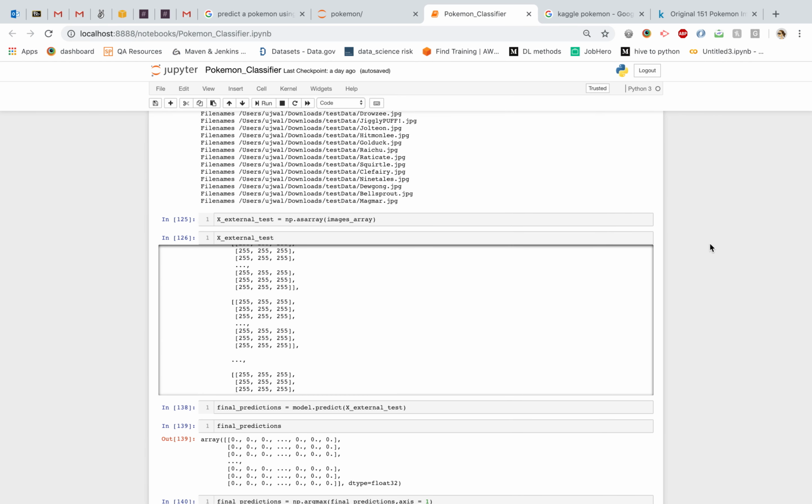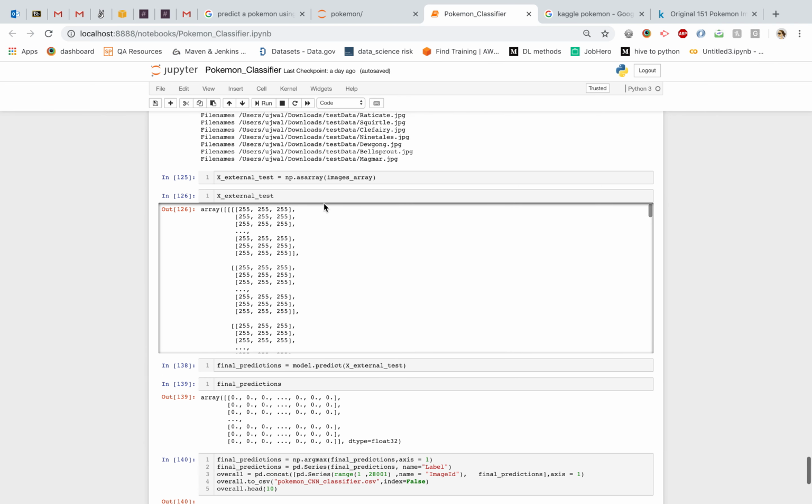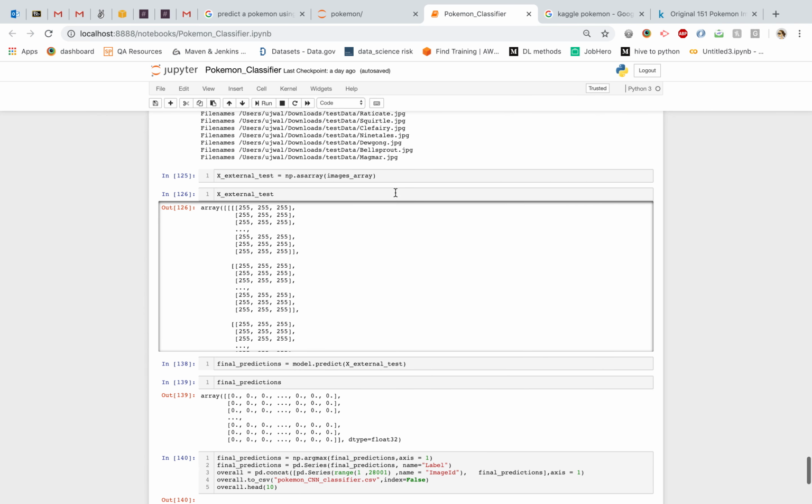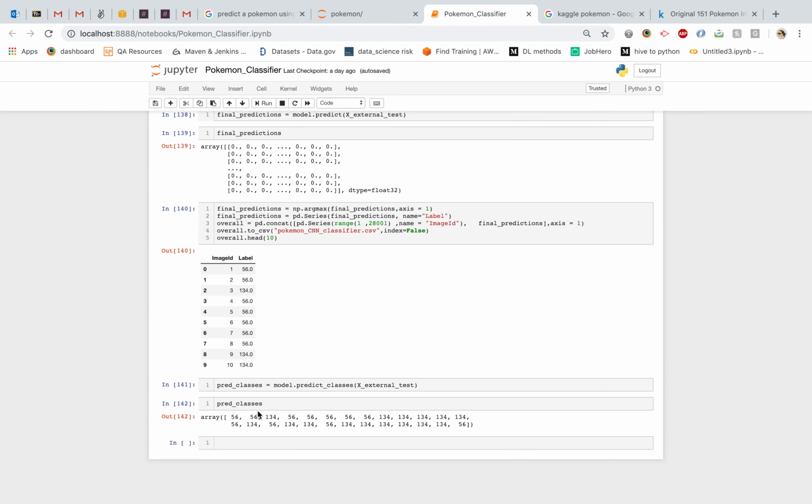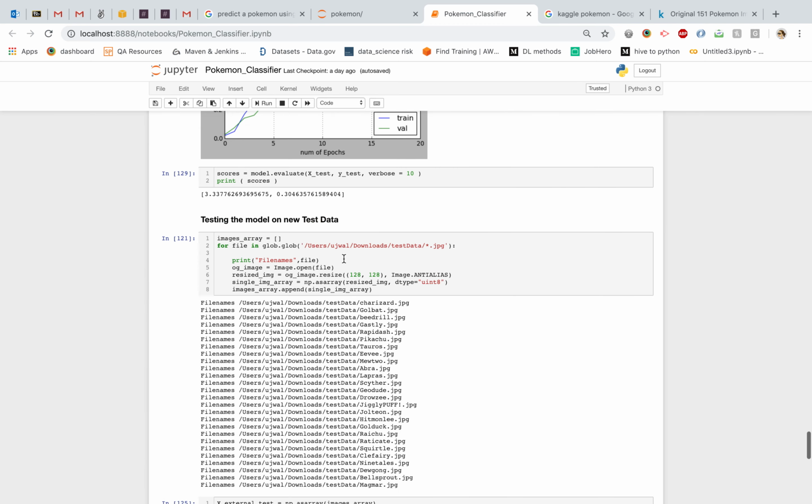Then I converted the images the same way we prepared the training images, and then made the predictions, labels, and the score. So I got the score of